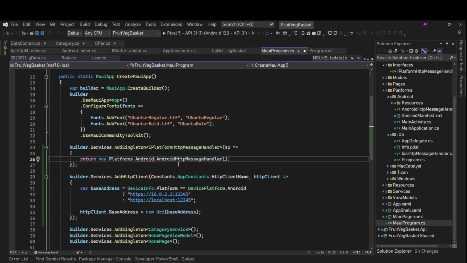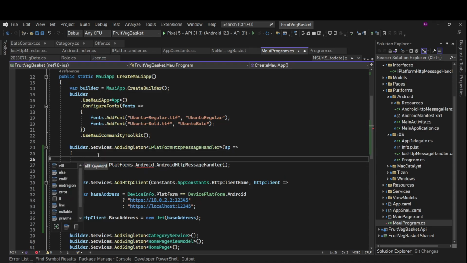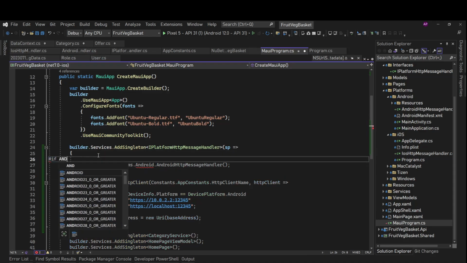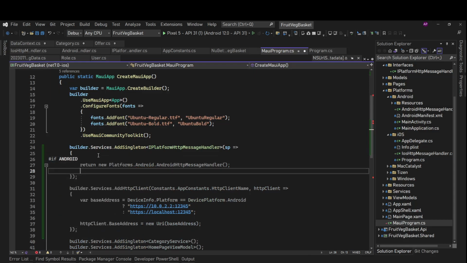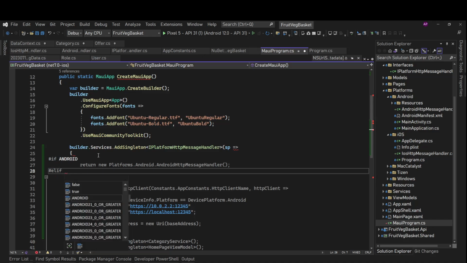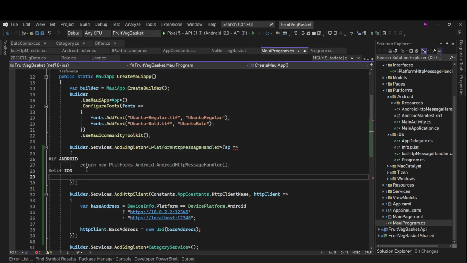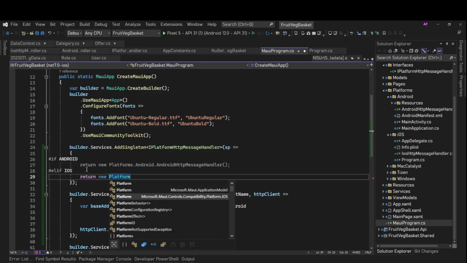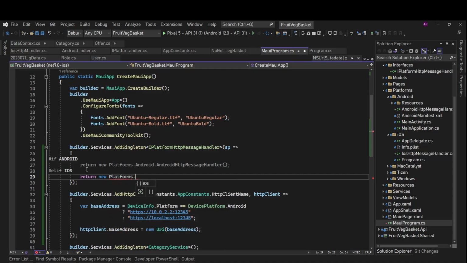This will work for Android, but what about iOS? If this is on iOS, then this will not work. So we'll have conditional compilation here. We'll say if the platform is Android, then do this. Else if the platform is iOS, then return new platforms dot iOS HTTP message handler.